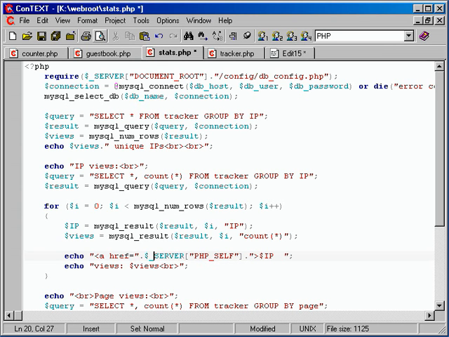A href equals whatever the current page is, but we need to be able to specify which page it goes to. No, wait a second, we do need to go to a certain page. We don't even need to concatenate yet. My bad. We made a new page. What we're going to do is go to that new page and send it the IP address. So a href equals stats